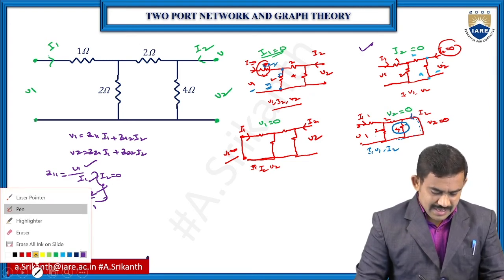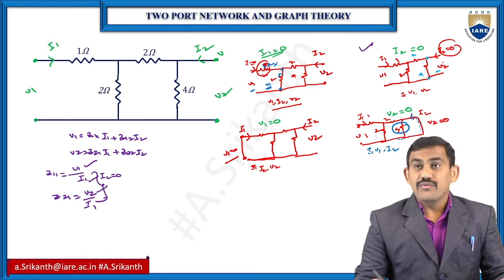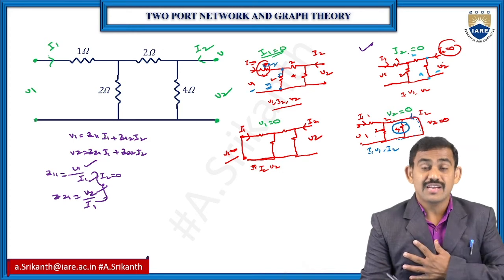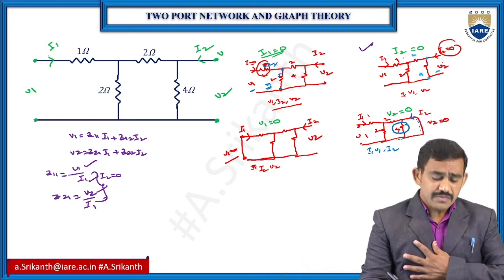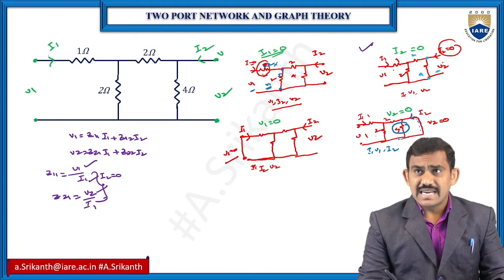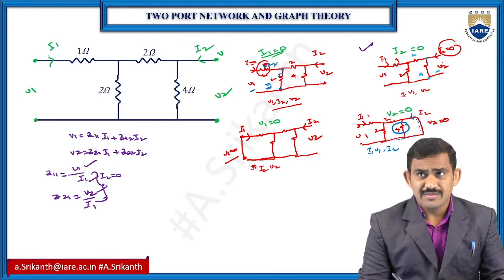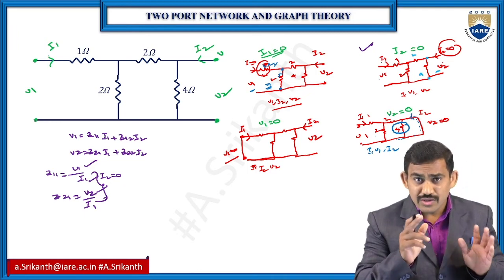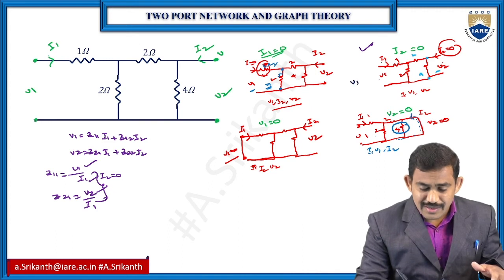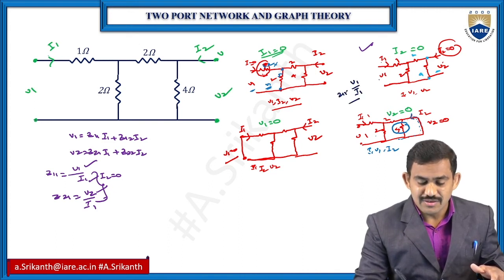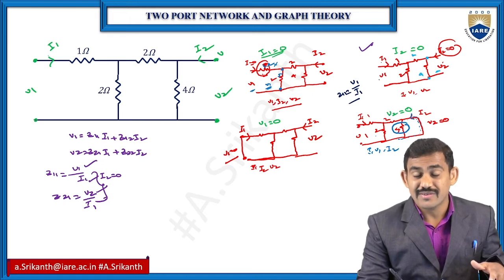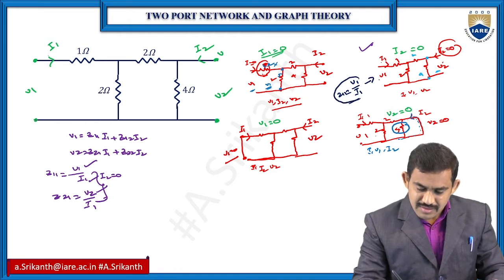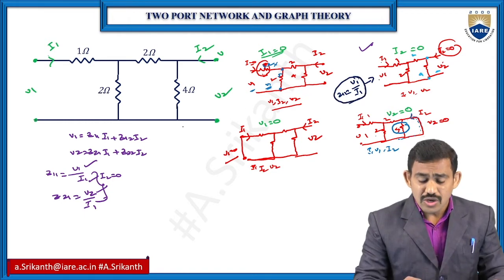Okay, guys, here I2 equals 0 condition, just observe clearly. With I2 equals 0, I need to find out the I1 value, V1 value and V2 value. For this condition, I want V1 by I1. I don't have the V1 value, I don't have the I1 value. How can you find out I1 and V1? If you know the equation, you will get V1 by I1, that is your Z11 value. From this circuit, V1 by I1 is nothing but your Z11 value. So how will we get this equation?